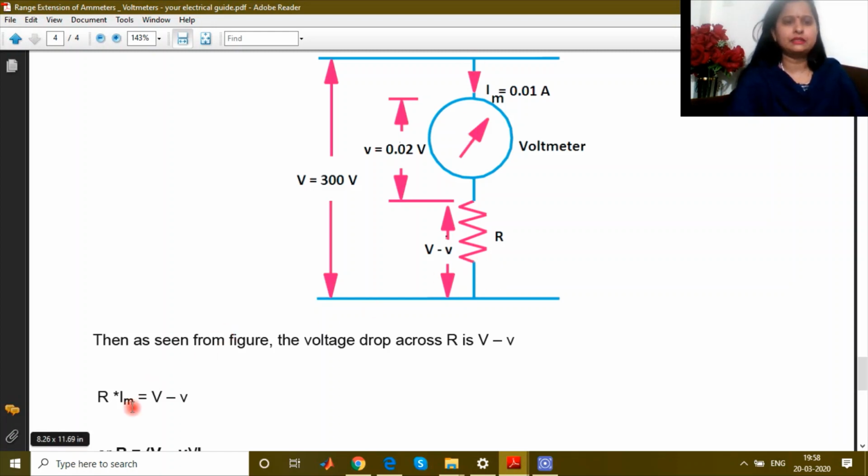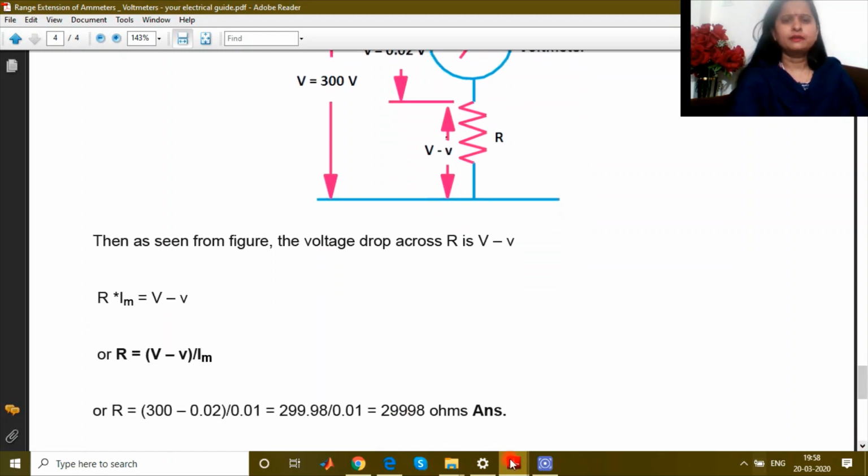We know the value of Im, that is 0.01 ampere. We know the value of V, that is 300 volt. We know the value of small v, that is 0.02 volt. We need to only find out the value of this resistance R. So here the value of R can be found out as 29,998 ohms. So here we can see that a resistance of 29,998 ohms can be connected in series with this voltmeter to get the extended range of that voltmeter from 0.02 volt